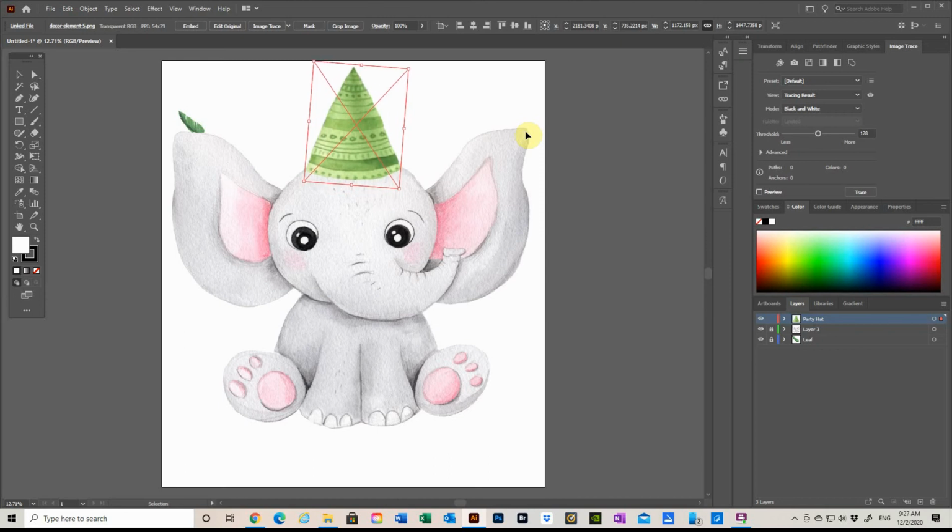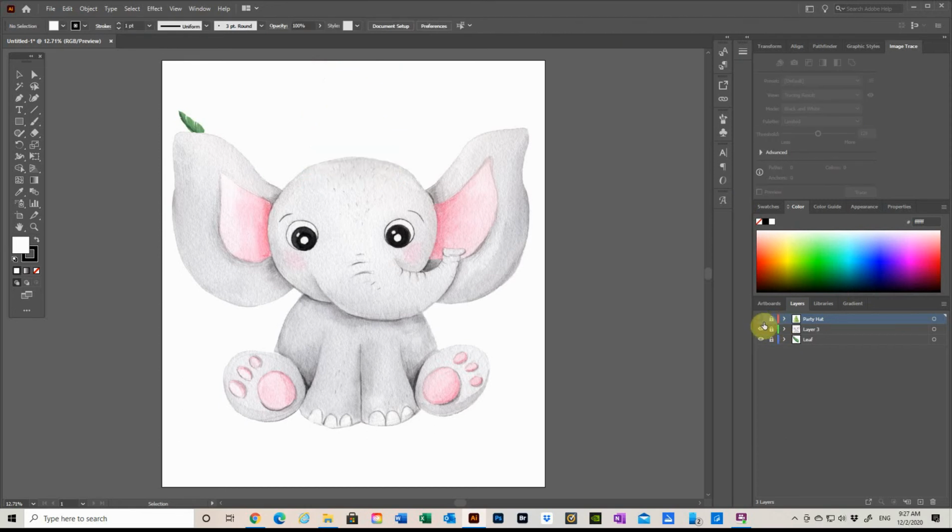I'm trying to get the edge of the hat to meet with the edge of the little elephant's head. Okay, I have that way. Let me lock it and work on the leaf.